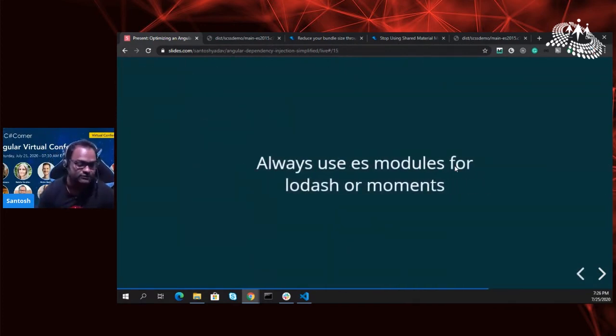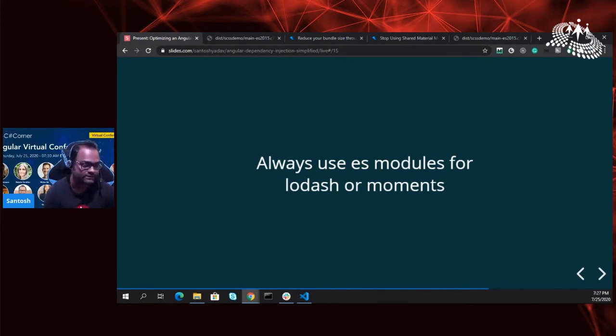And the next thing, there is also one very small thing, something which doesn't require a lot of code changes, which is to avoid using ES modules. So we had something known as Lodash and Deep Dash. We were using the ES modules for both. So what we ended up doing is we removed the ES modules, and then we moved on to the, sorry, earlier it was, we moved on to ES module. So we were using Lodash and, not moment, but we were using Deep Dash. So we replaced Lodash with Lodash ES.